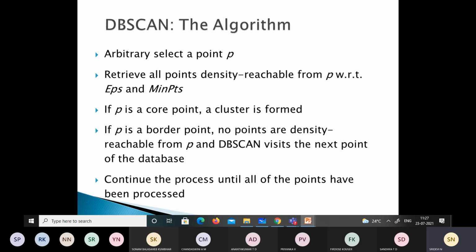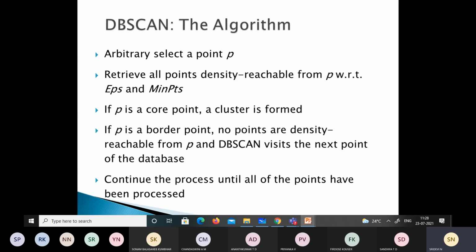What we do in this DBSCAN algorithm is label all the points as core, border or noise points, and then we eliminate the noise points. Then we put an edge between all core points that are within EPS of each other. You know that EPS is a specified distance. So if they are within that distance, we put an edge between those core points. We make each group of connected core points into a separate cluster, and we assign each border point to one of the clusters of its associated core points.